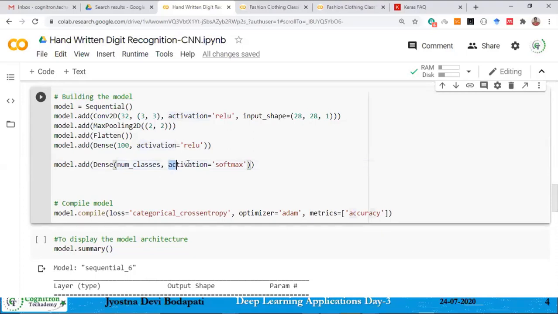For the final layer, you also need to be careful with the activation function. Here it is multi-class classification. Whenever it is multi-class classification, you need to use the softmax activation function. What the advantage is and how it works are not in the scope of the workshop. Maybe when we join the next workshop, we'll discuss all those things.